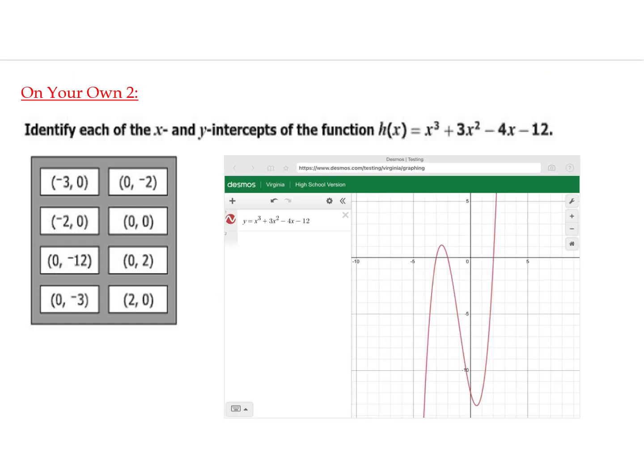Identify each of the x and y intercepts of the function h of x equal x cubed plus 3x squared minus 4x minus 12. And to do this, we are going to use Desmos. You can see that I have already typed into the calculator my equation, my function, y is equal to x cubed plus 3x squared minus 4x minus 12. And I can click on the points to find the x-intercepts. The x-intercept is where it crosses the x-axis,